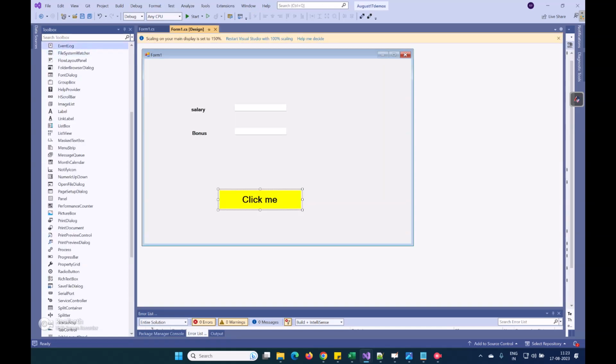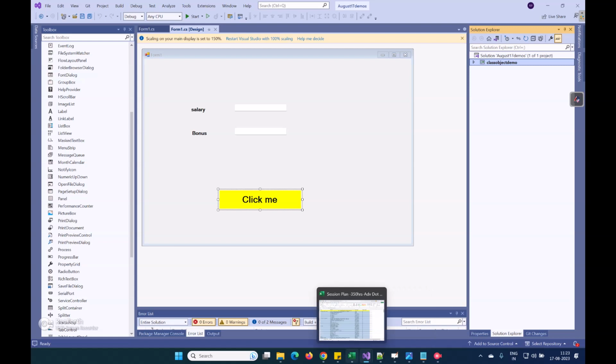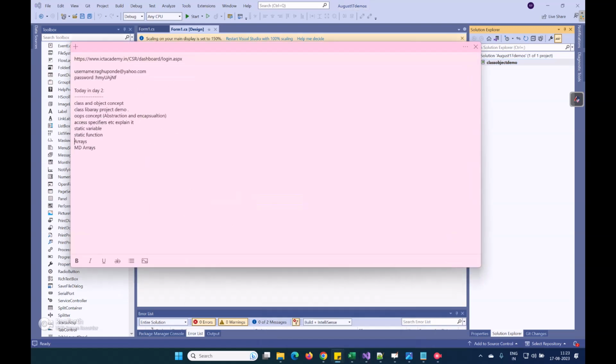Okay, good. So now what we will do? We'll look for some other program. So go to the solution explorer. First program what you have done, classes and objects you have done. So let us move to the next program. What is the next program shall we take? Class name.